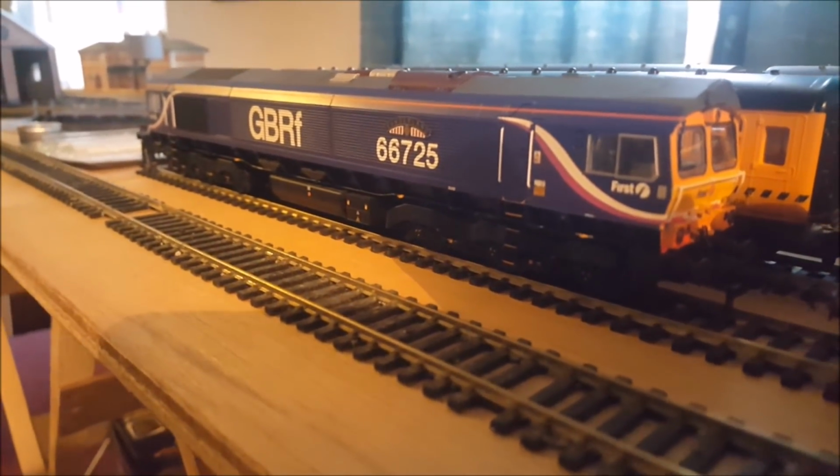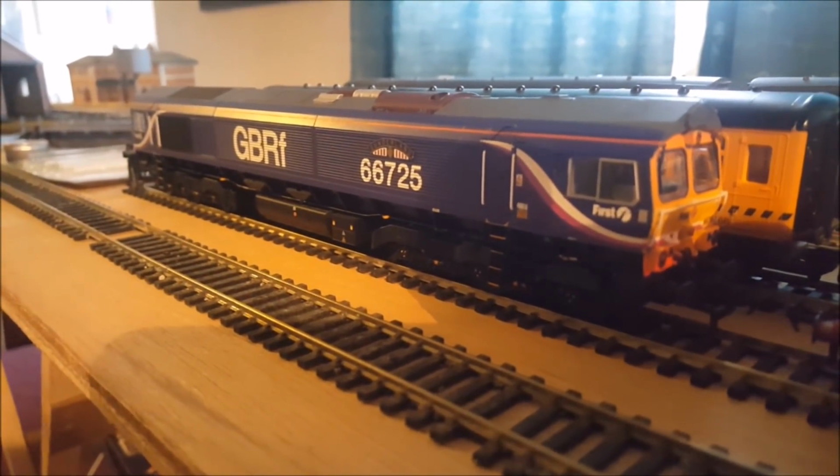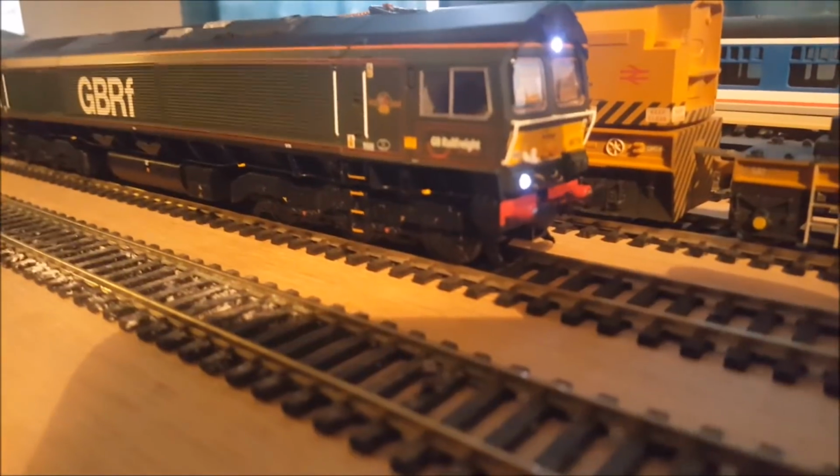I was thinking of getting the sound chip for the 150 anyway, so I'm not going to be able to put sound on all of my locomotives, and I just wanted to get this one back up and running, and now I have two 66s up and running on the layout. So let's just have a little...